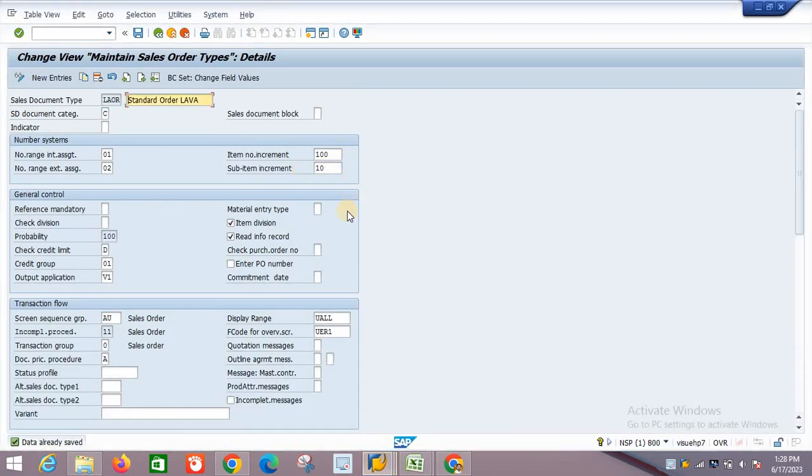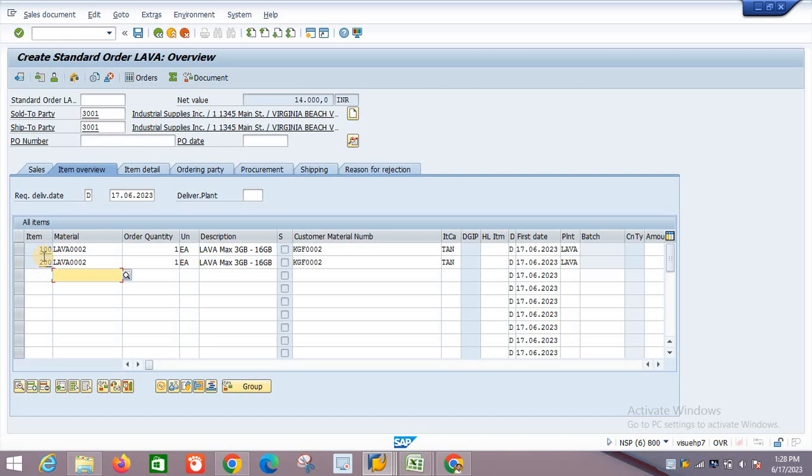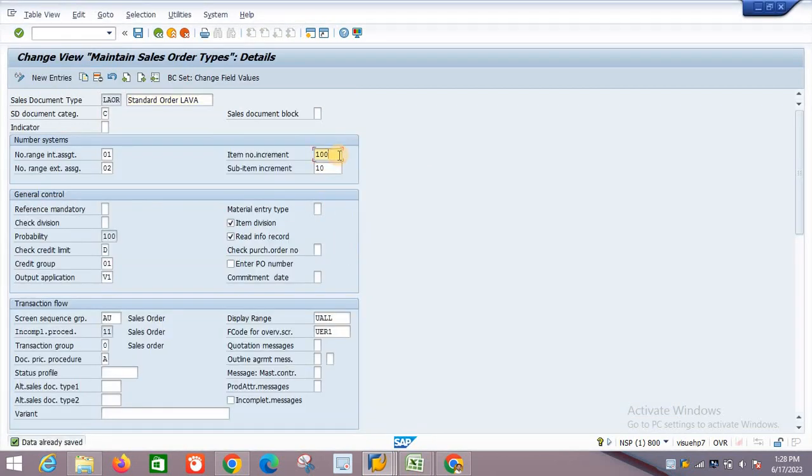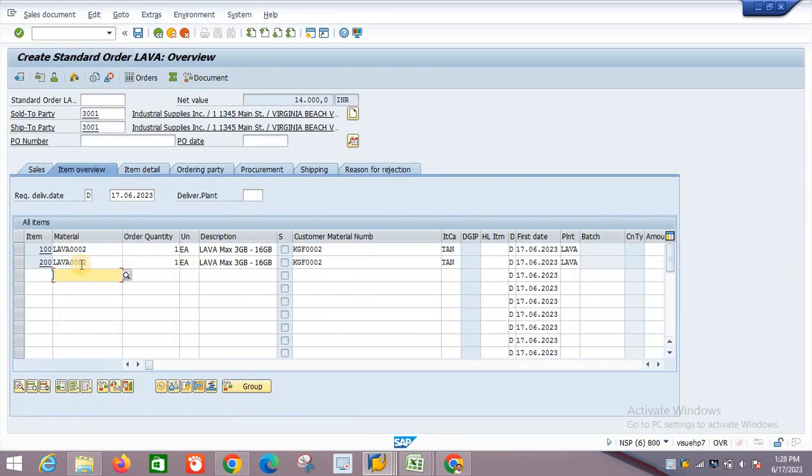Then the question is, sir, why are we putting that interval, that is 100, 200? Ideally it's 10, so I will put 10 here as it is, and I will show you. You create the sales order and the customer wants to add some material in between.